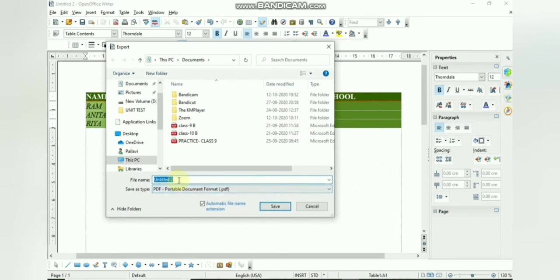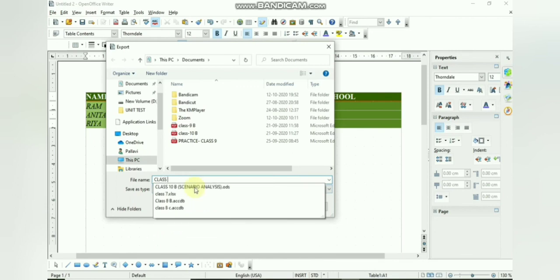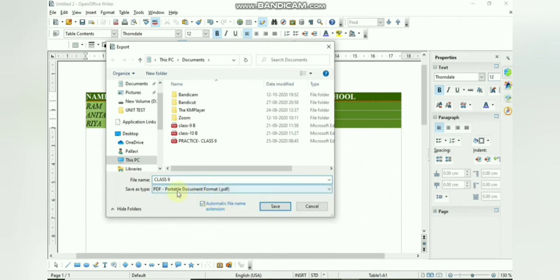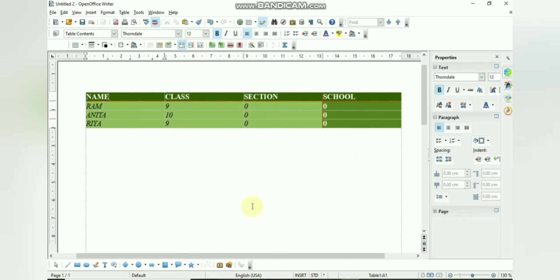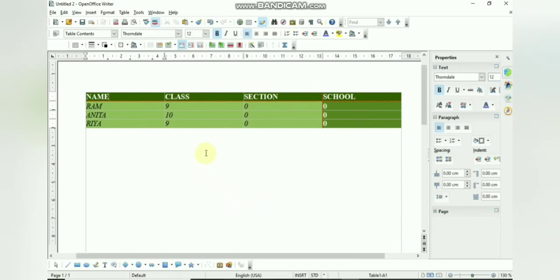And you have to specify your name here. So for example, if I give here class 9, you can see it will get saved as a PDF with the extension .pdf. Okay, so I will just click on save and we will find that the particular document has been saved as a PDF, and we can open this particular document in the PDF format.